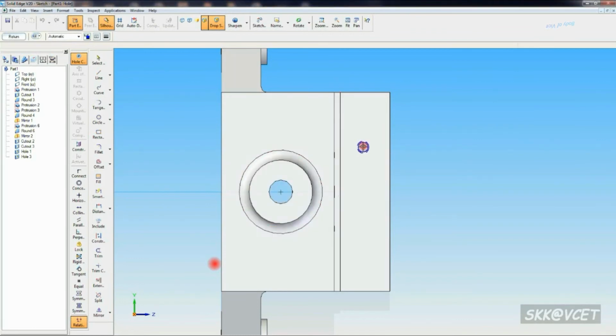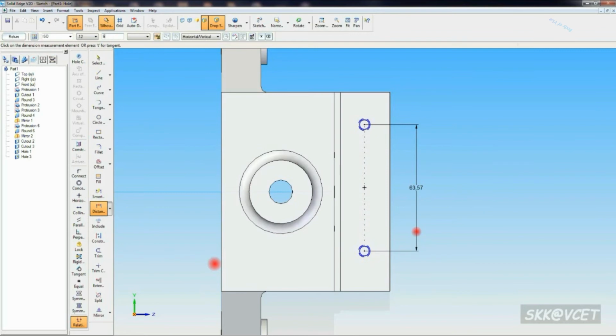Last, click on V bottom, then place these holes on that point. On the same line, keep another hole. With the help of the distance between command, select the two centers. It should be 60 mm, give 60 like this.